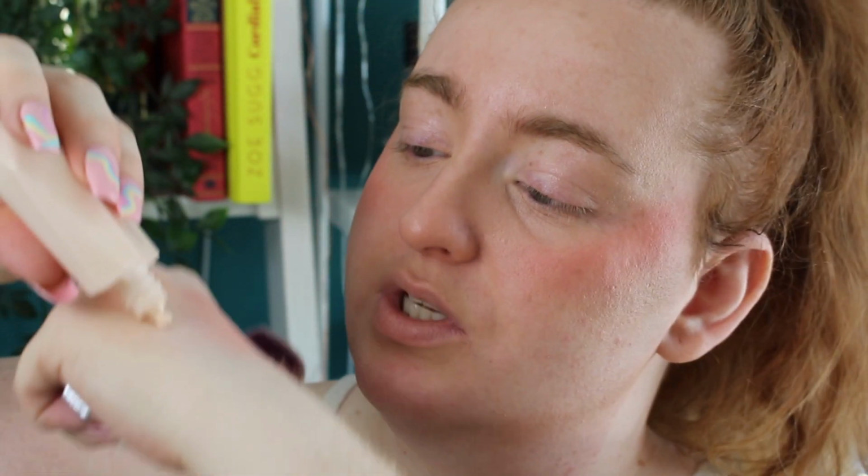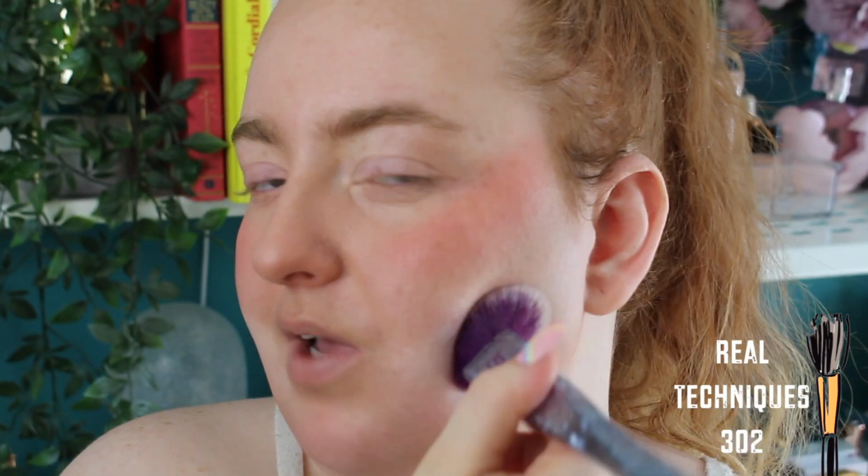I just shake it up. I find I don't need a lot either, so I just add a little bit on the back of my hand and then I go in with a brush and just pick up a little bit of product. Like I kind of sheer it out and then just have it on the base of the brush, and then I'll just go in between first of all with the excess product where I don't have any product on my